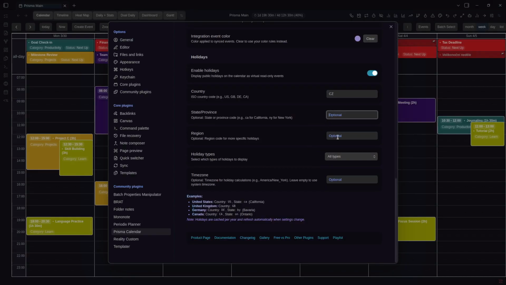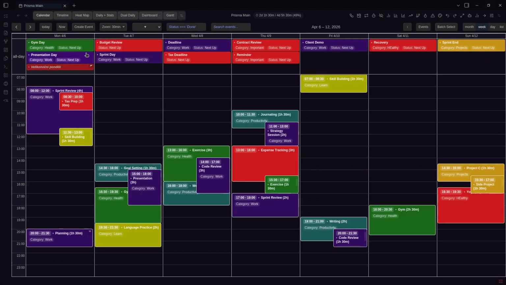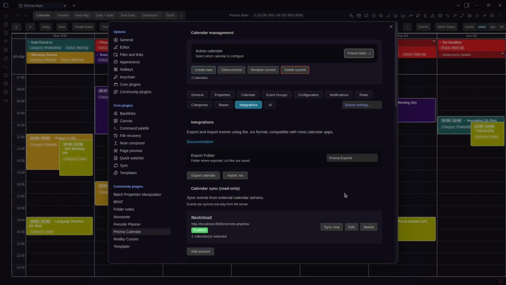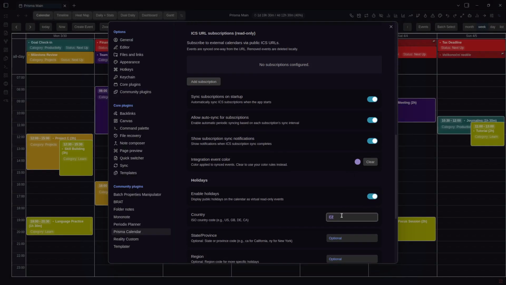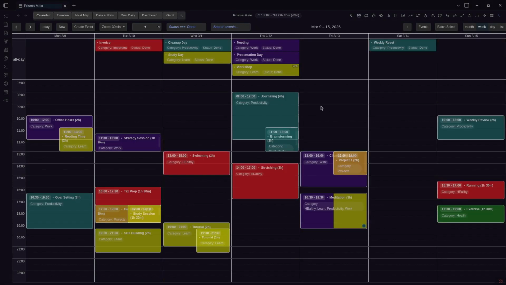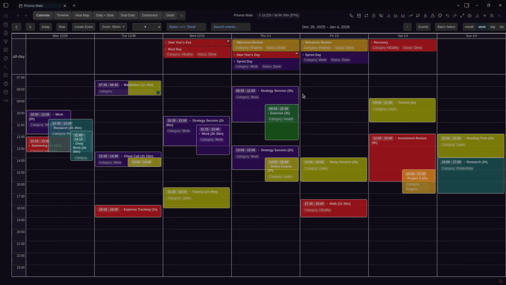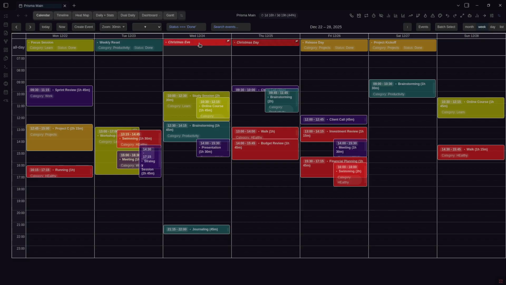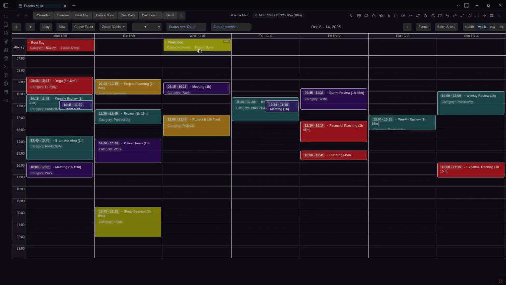And you can specify certain specific features like holiday types or region or state provinces, for example. Let's actually quickly show also US. As you can see,